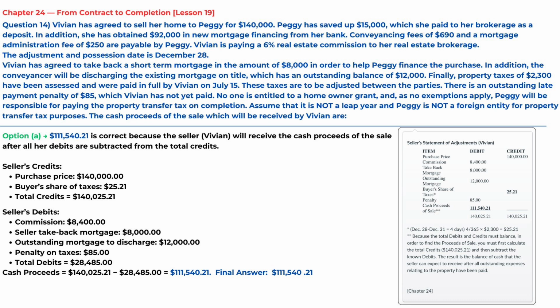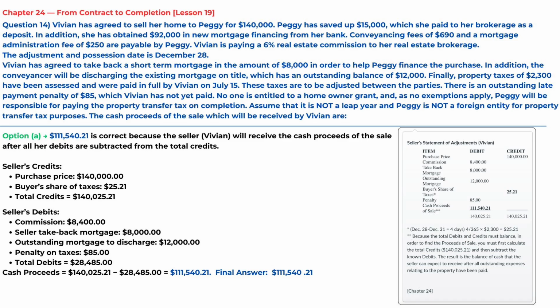Options B, C, and D are incorrect because they do not account for all adjustments or are miscalculated. Another way of doing this question. Seller's statement of adjustments, Vivian. Purchase price, $140,000, credit. Commission, $8,400, debit. Take-back mortgage, $8,000, debit. Outstanding mortgage, $12,000, debit. Buyer's share of taxes, $25.21, credit. Penalty, $85, debit. Cash proceeds of sale, $111,540.21, debit,